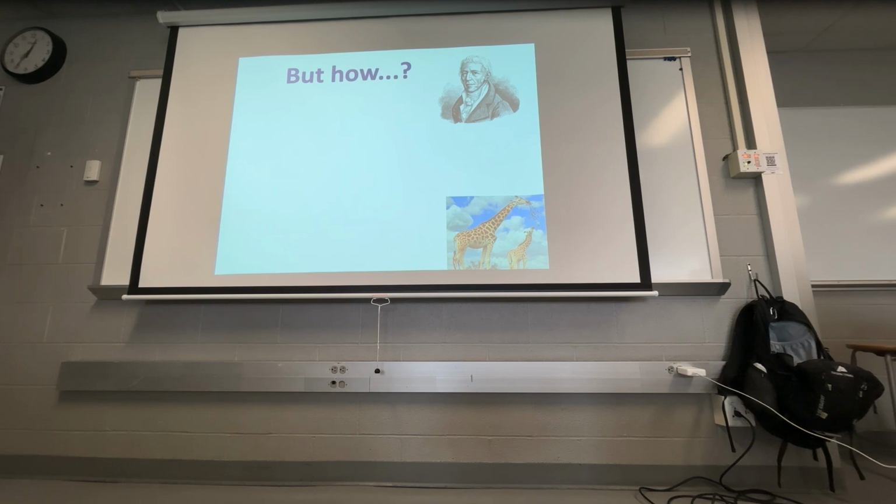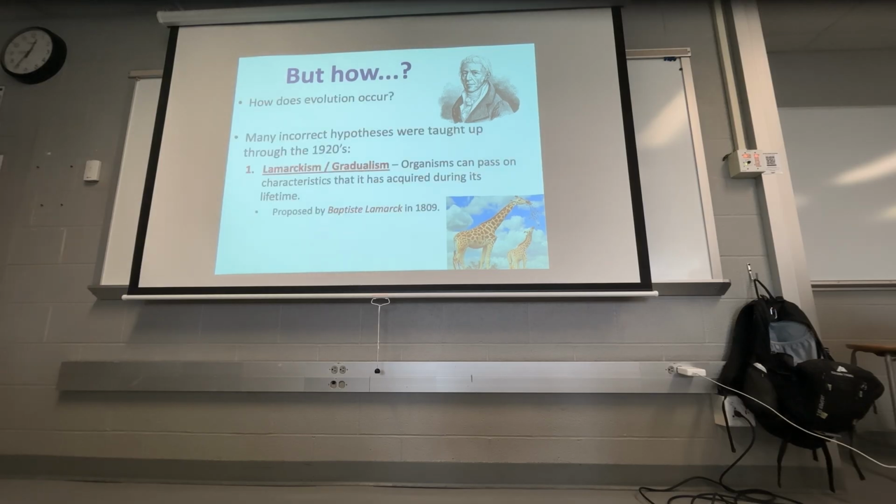So, those are things you can see, but the question is then, well, how? I mean, how does this work? And we need a mechanism, right? And the problem is that most mechanisms that had been hypothesized up to the point of Darwin were wrong, right? They were incorrect or inconsistent. But one of the first scientists to say, hey, you know what? Species aren't fixed. They change over time. And it was Lamarck. So this was one of the first guys, it's called Lamarckism or gradualism, that organisms can